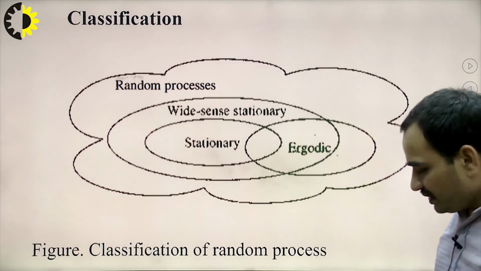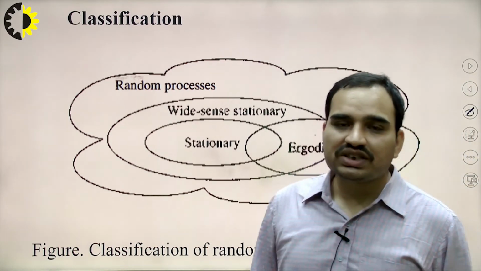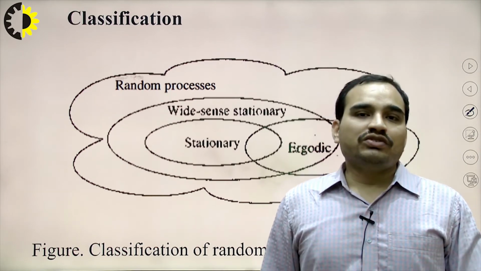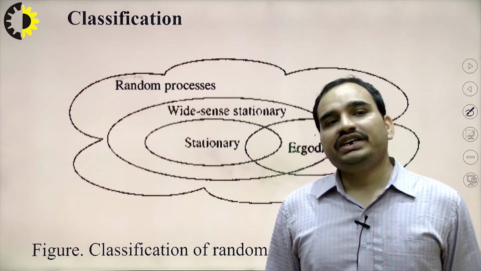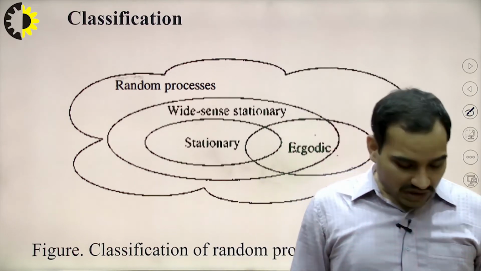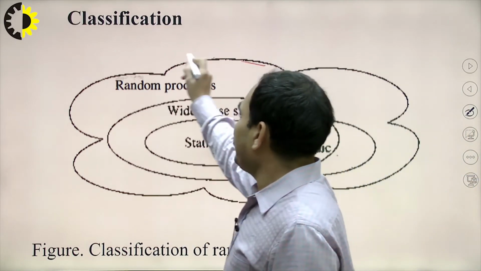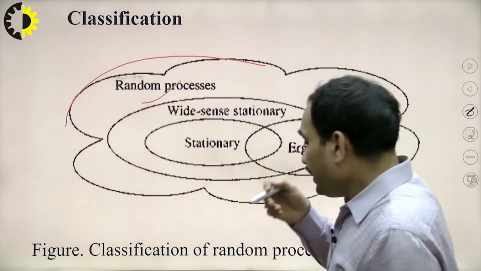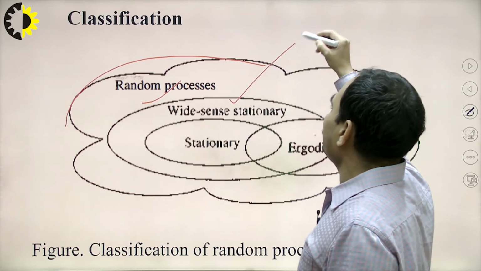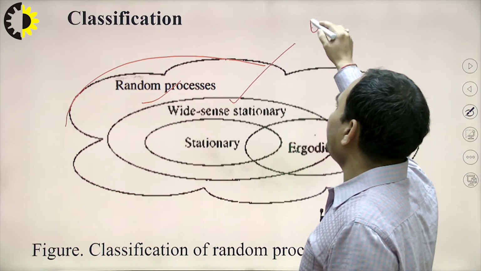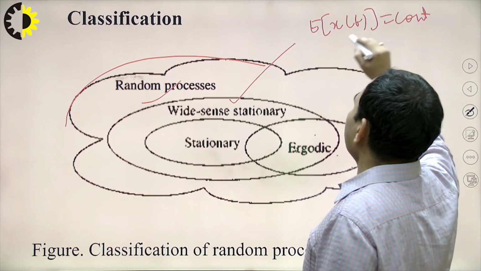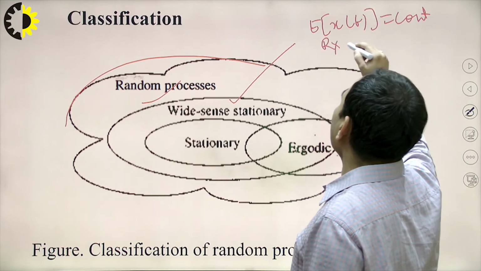Now we'll classify the random process. We can classify random processes in terms of stationarity, that is, whether the random process is stationary in time or not, or whether it is time invariant or not. According to that, we have multiple types of random processes. If the mean of the random process is constant, and the autocorrelation function depends on the